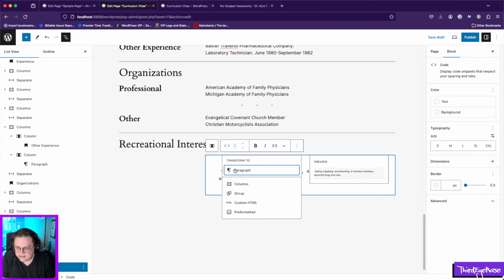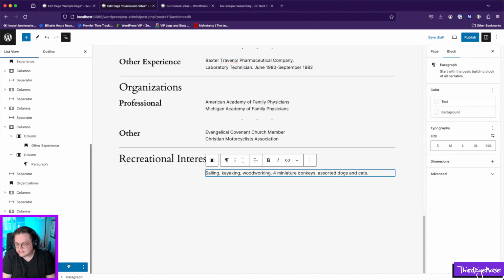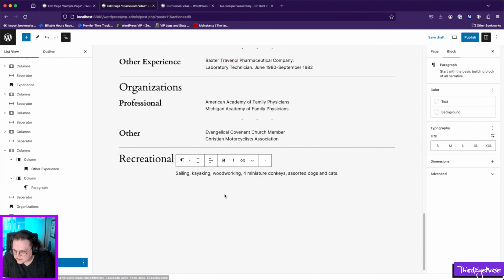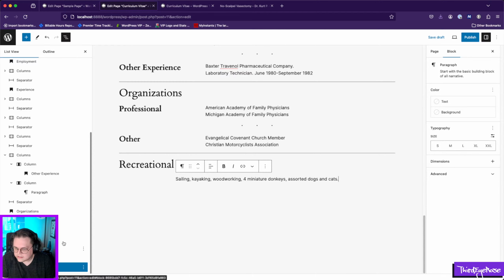It still thinks it's code, so I'm gonna bring that over there. And you know, that looks a little weird. Let's not do this as columns. Let's just add that right under recreational interests. Let's delete these final columns and let's,